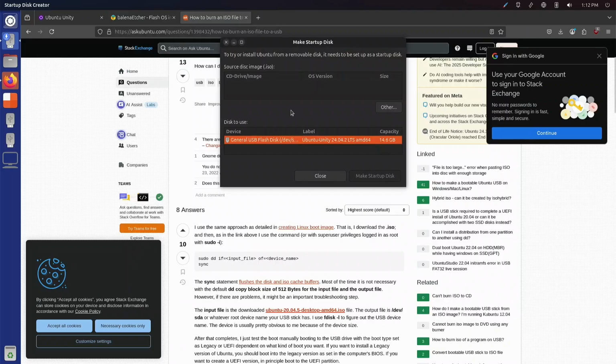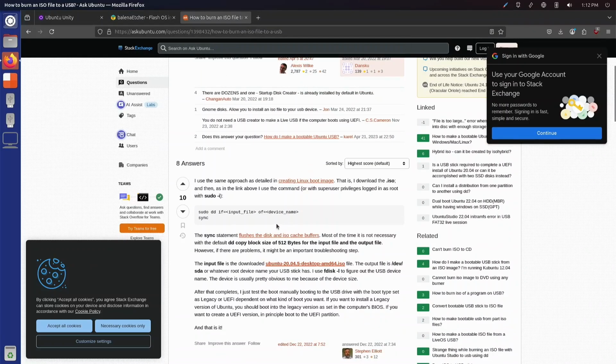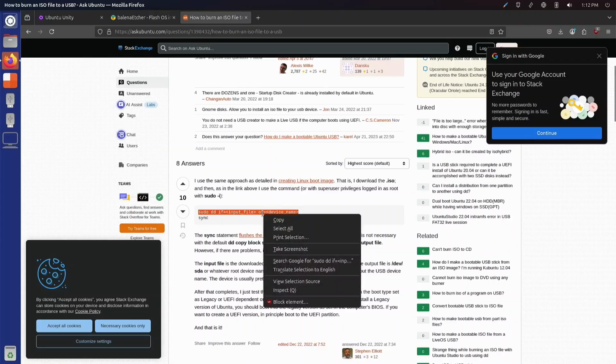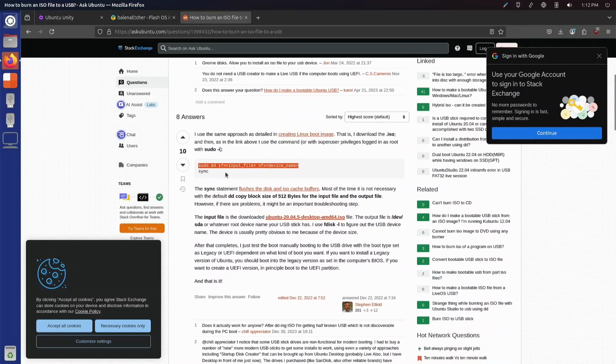Why isn't this working? Okay, you know what? We're just going to use the dd command.